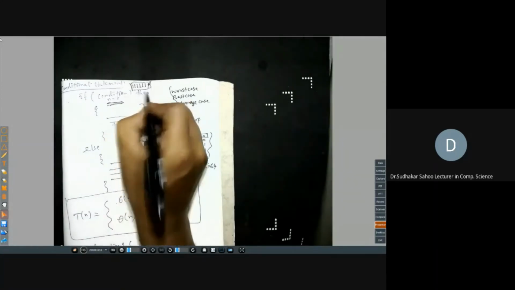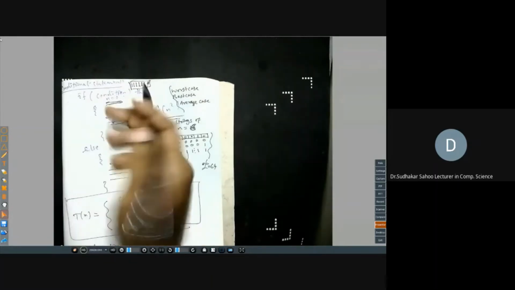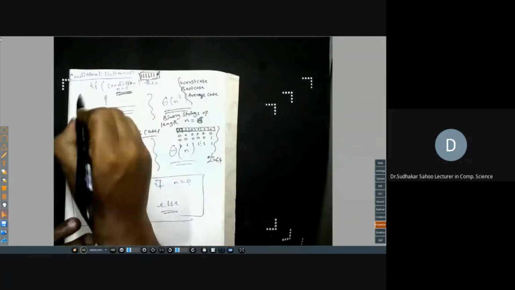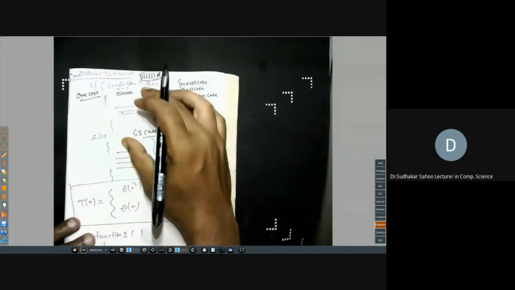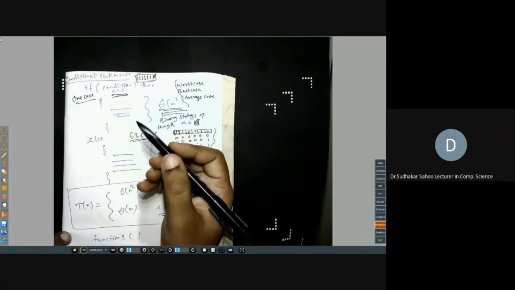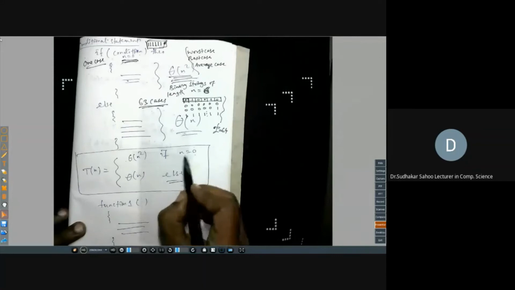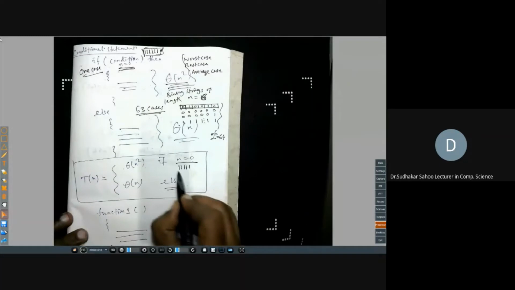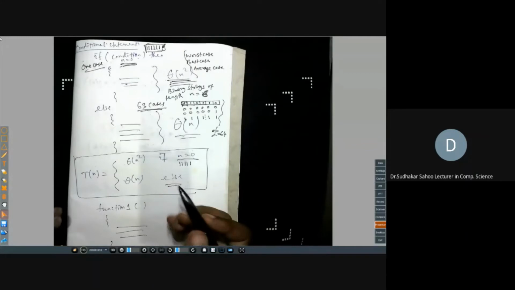Only in one case is the if part executed. You have written that type of code, right? That type of requirement is there in your algorithm. Only one case executes the if part, and all other 63 cases execute the else part. And we know what the time complexity will be. You can write it exactly: when your input is this one, the complexity is theta n square, else the complexity is theta n. That also you can write.